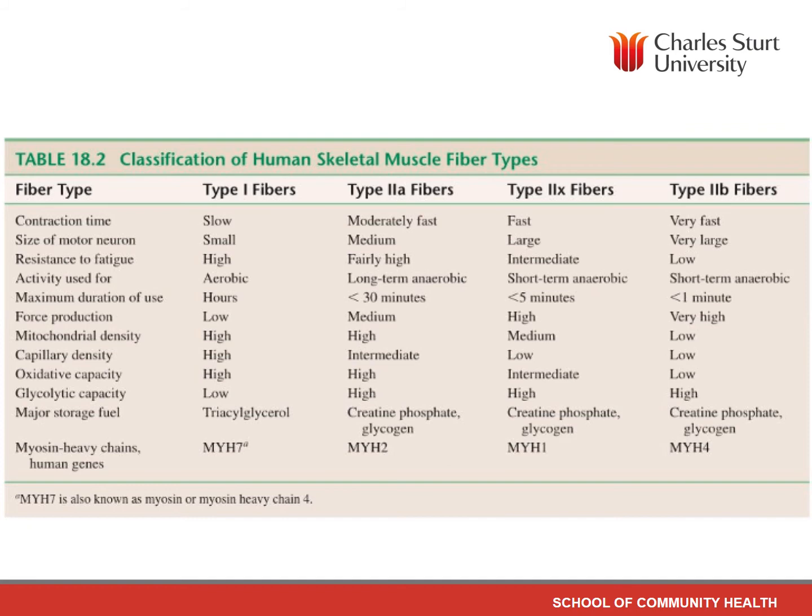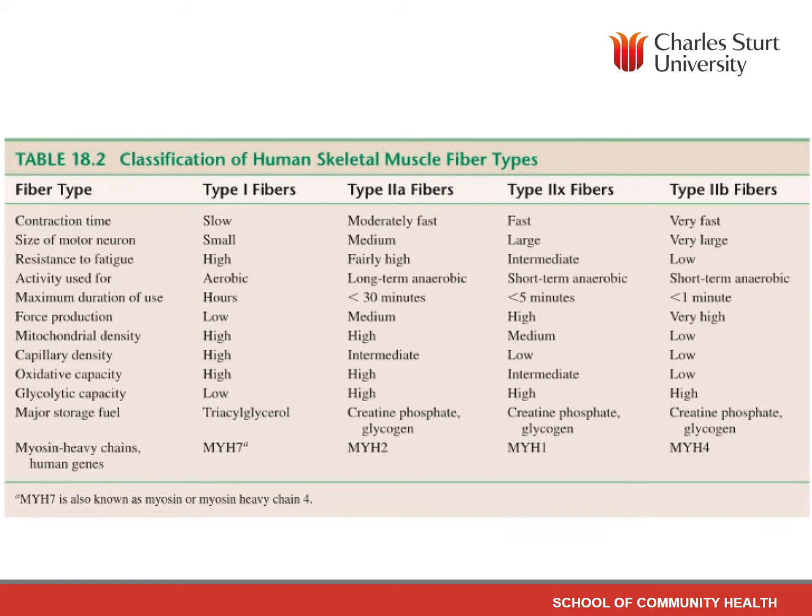And the major storage for fuel in these type 1 fibers is triacylglycerol, or triglycerides, which are parts of our fatty acids. A glycerol plus fatty acid. Now this is going to be mostly used again in the citric acid cycle and in the electron transport chain